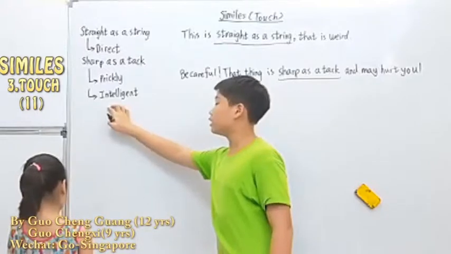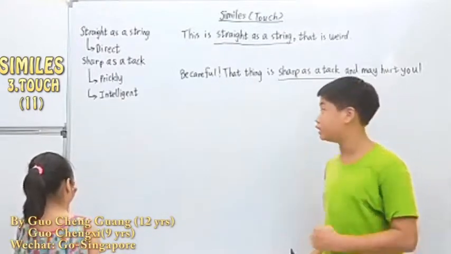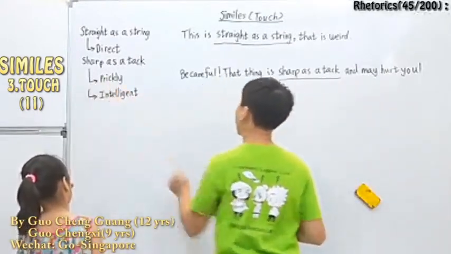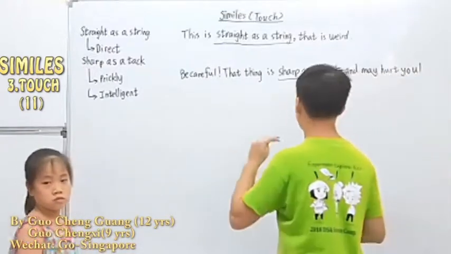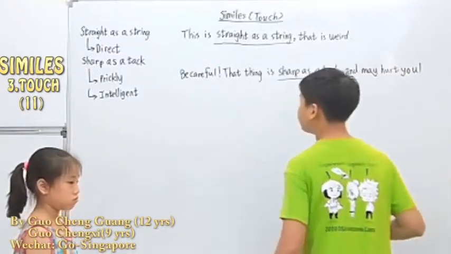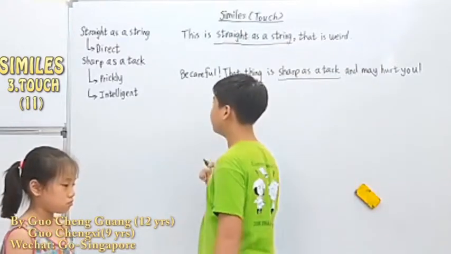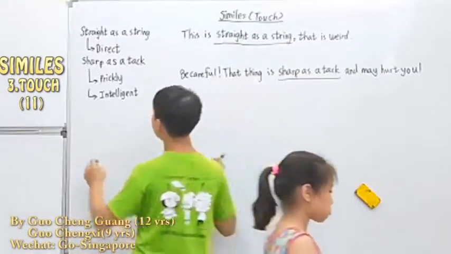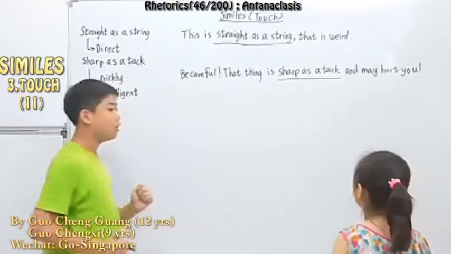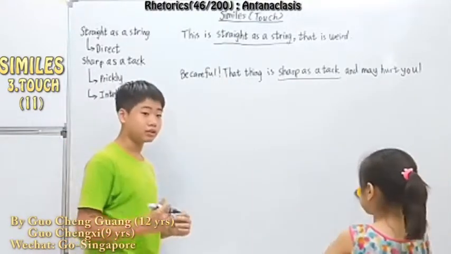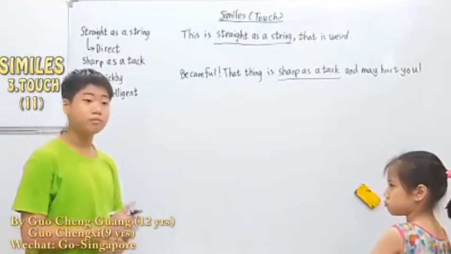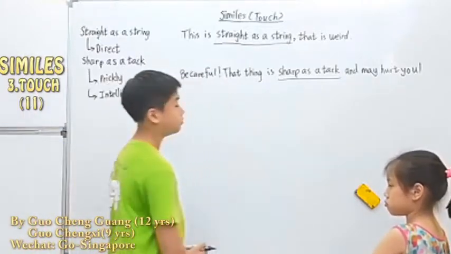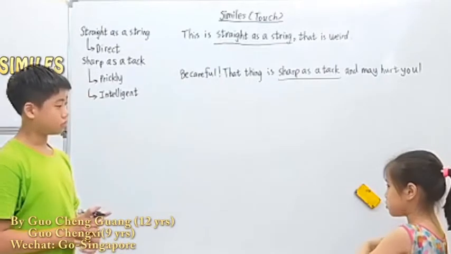So at this part, the next meaning is for intelligent. Intelligent, sharp as a tack. His mind is sharp as a tack. That means his mind is very intelligent. Sharp as a tack. So what can I use sharp as a tack for? Like when someone is very intelligent, what do you think it can be? It can be a human. Yes, a human. Then what can he do? He can do experiments, very complicated ones.